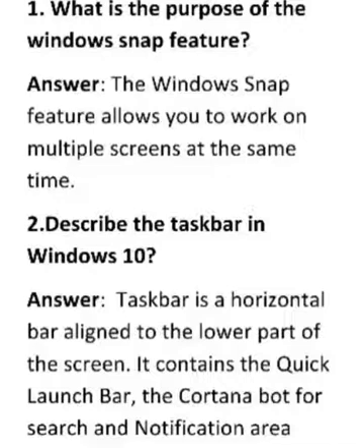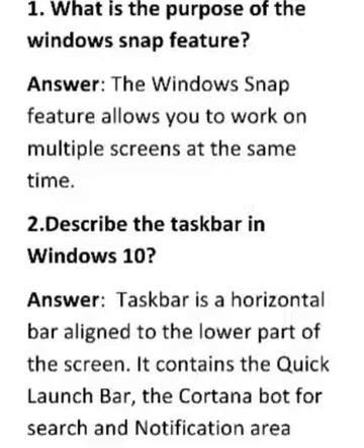Okay, then second question, describe the taskbar in Windows 10. Answer, the taskbar is a horizontal bar aligned to the lower part of the screen.